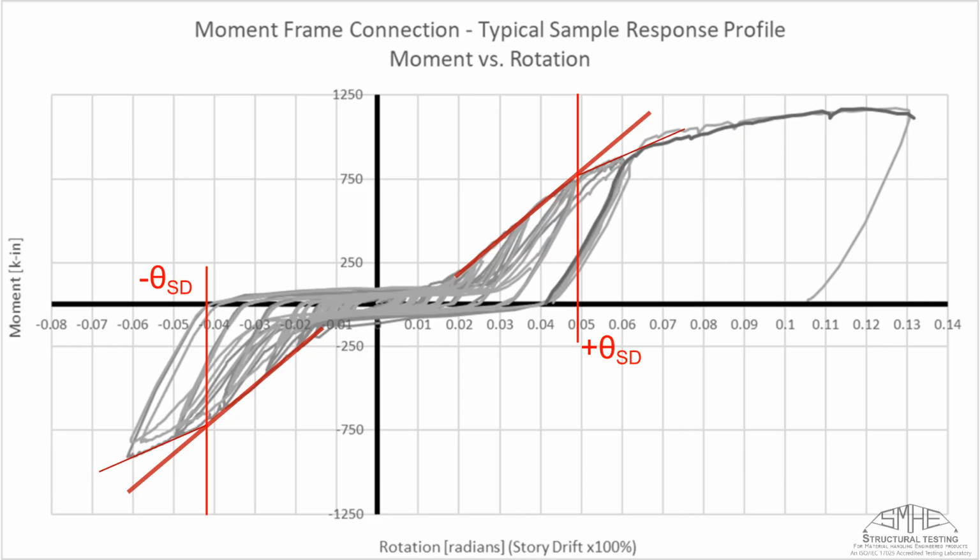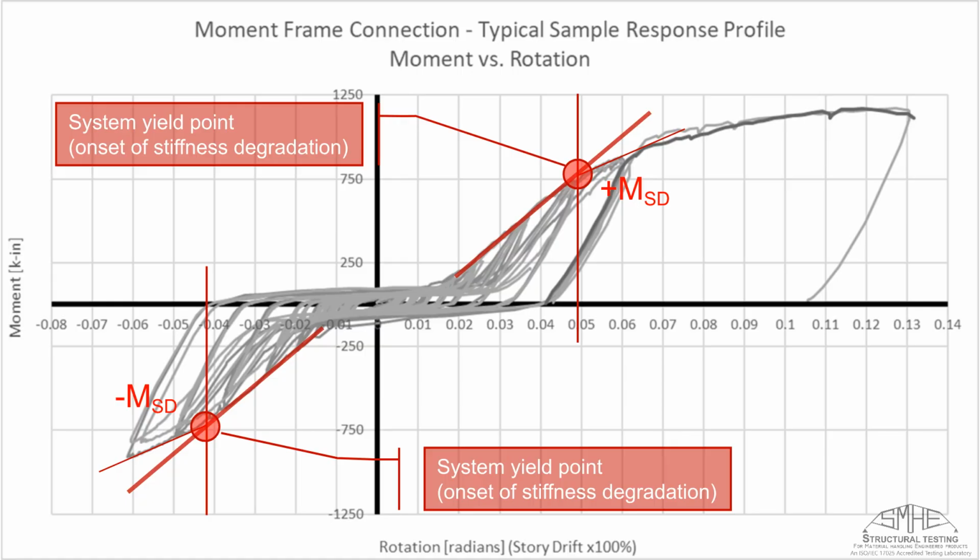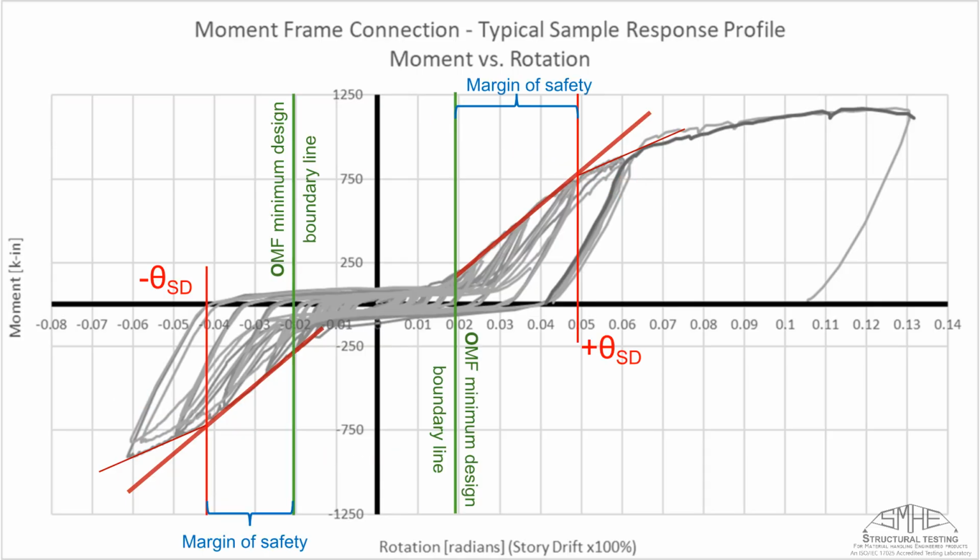The graph shows the rotational limits for the onset of strength degradation, noted as positive theta SD and negative theta SD. The marked points indicate the system yield point, which signifies the onset of stiffness degradation, identified at positive and negative moments. The green lines represent the OMF minimum design boundary line, illustrating the margin of safety relative to the